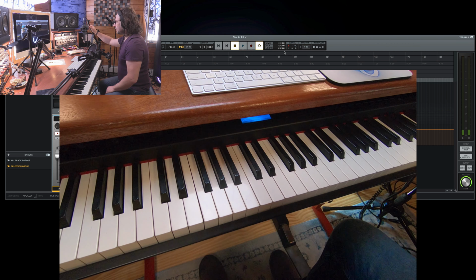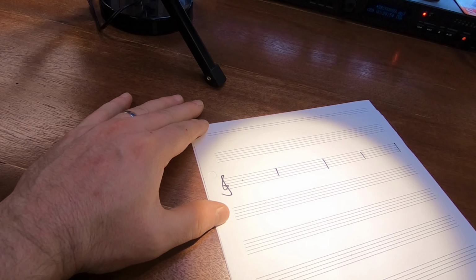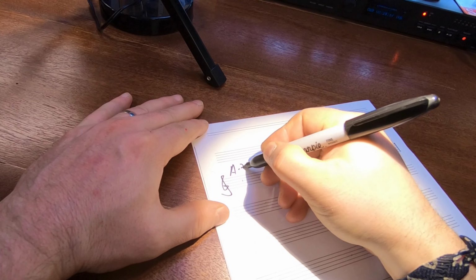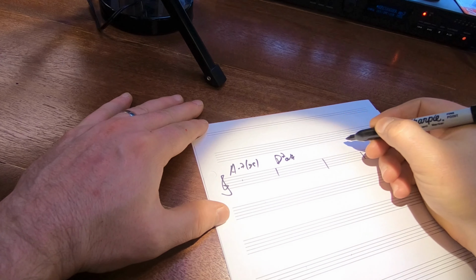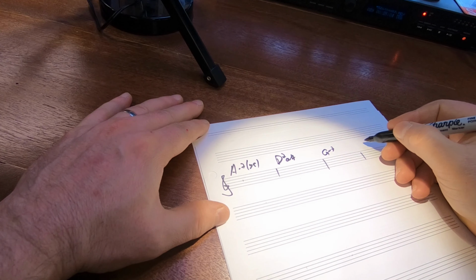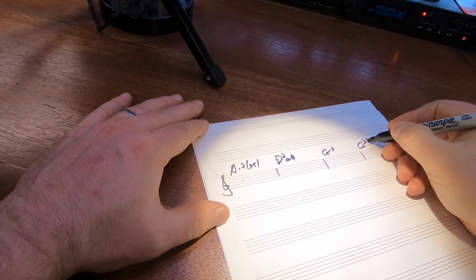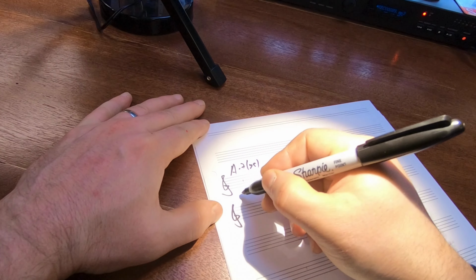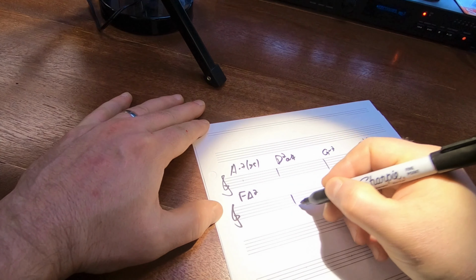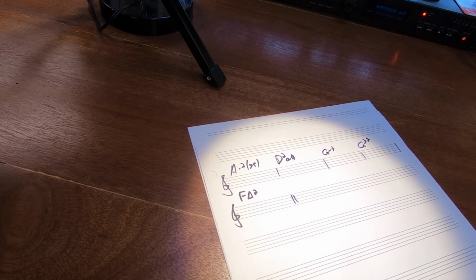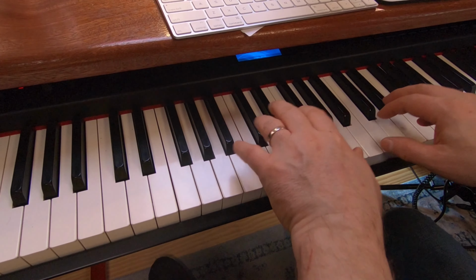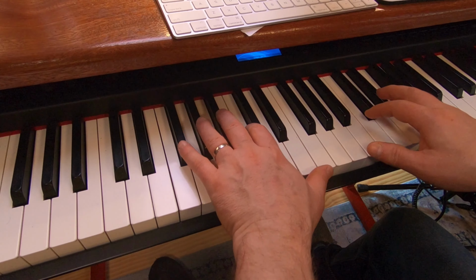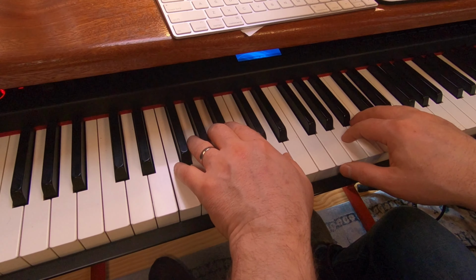Okay, let's write it down. We decided to go for A minor 7 flat 5, which becomes D7 altered, G minor 7, G flat 7, and the resolution, of course, is F major 7. So this is our chord progression for now. Okay? We've got A minor 7, the altered,